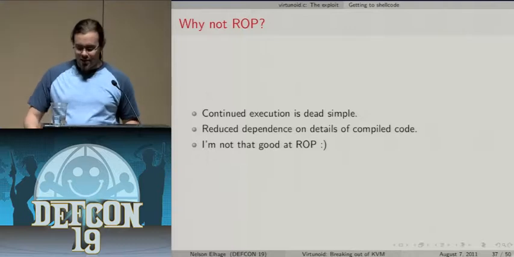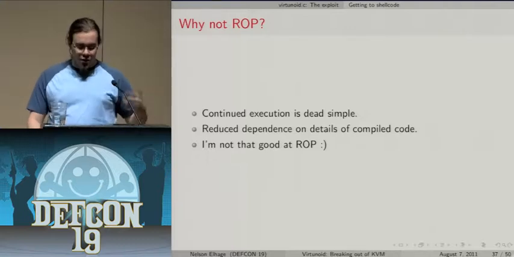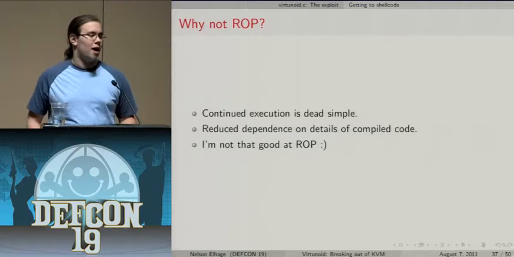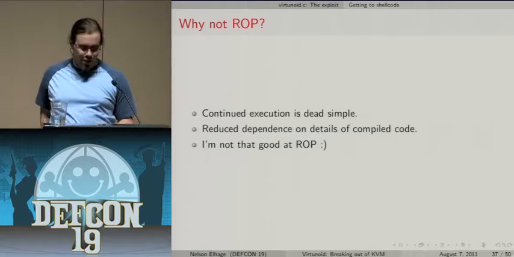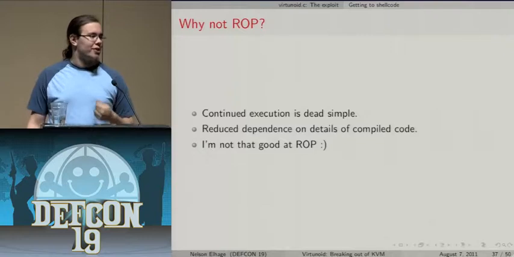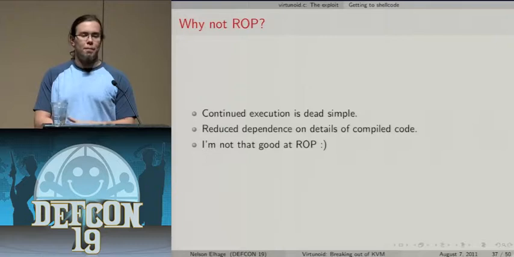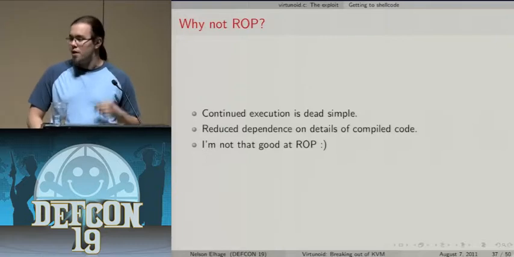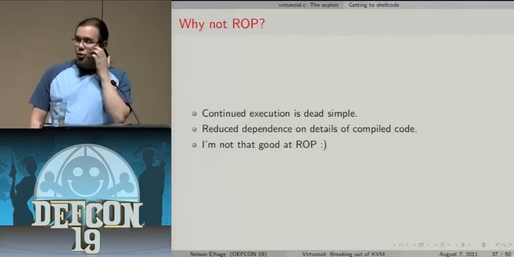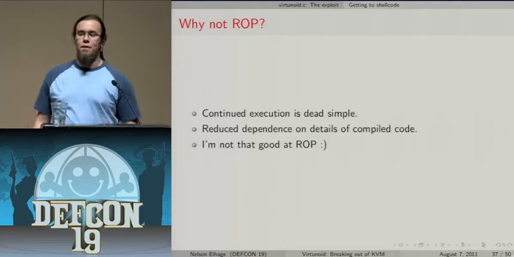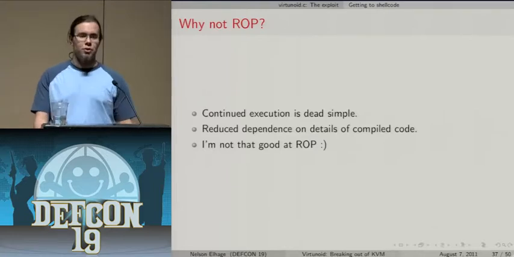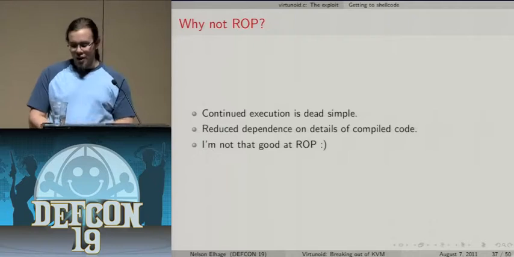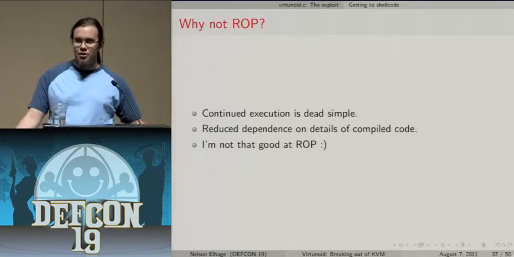Another thing that I like about this technique is that I've shown you virtually no assembly on the previous few slides. I've referred to one detail, but there's very little dependence on how these functions actually got compiled. And ROP cares very deeply about how the functions got compiled because you're chaining together strings of assembly. When you're exploiting a program under Linux, you have to deal with the fact that every Linux vendor has their own build of the program with a slightly different source version, a slightly different GCC version, a slightly different set of flags. And so if you want to try to find ROP gadgets across every single one,